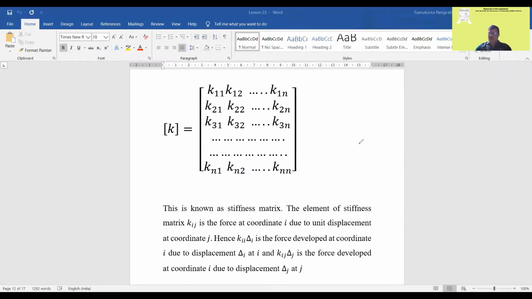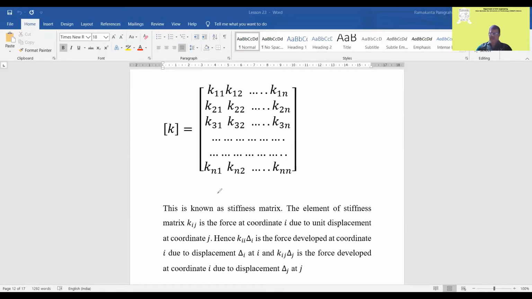Hello students, we'll continue today's class with the stiffness method of analysis of structures. In the last class, we discussed the various concepts of the stiffness method, and we'll start with the stiffness matrix again today. We have discussed that this K matrix is equal to